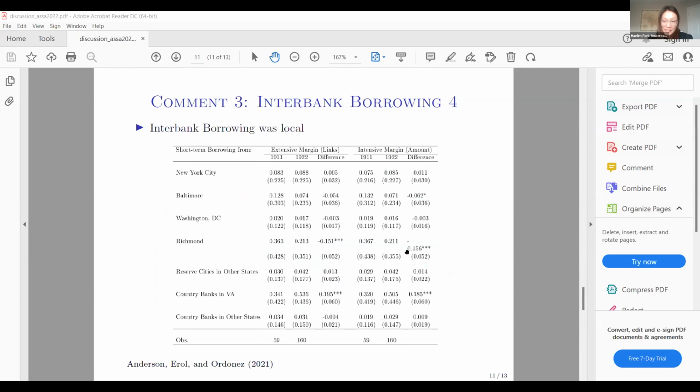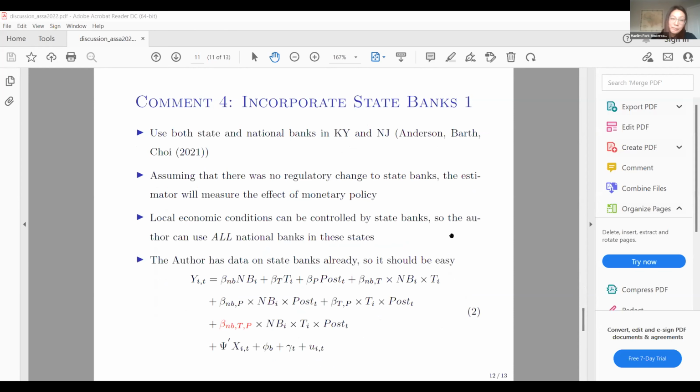And then another thing I want to mention is that interbank borrowing was very, very local. In Virginia, for instance, they were just borrowing from other Virginia banks or Richmond. From New York, they were borrowing like 8%. It was very local. So I don't think you should be concerned about having relationships with New York and others. And lastly,